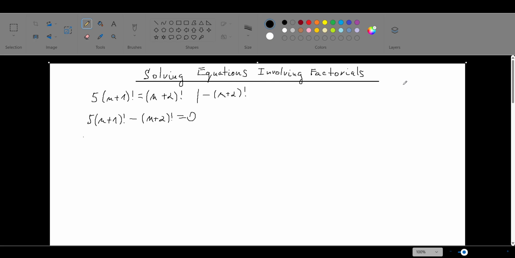Now you probably know that this can be written as (n+2) times the second factor (n+1)! is equal to 0, which means both terms in this expression have in common (n+1)! times 5 take away n take away 2,